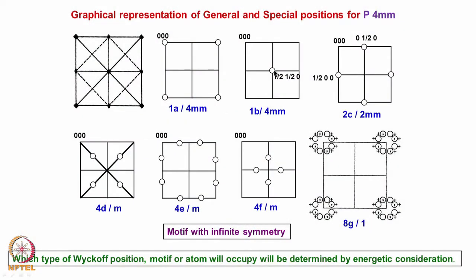I can put an atom with this unit cell here. This also shows the full symmetry, because by lattice translation symmetry, if I operate, one position will come here, another will come here, another will come here. This is going to exhibit the full 4 mm symmetry. Similarly, if you put an atom at one position and another at this position, then by lattice translation, these two translation symmetries, when we apply, these two positions will be generated.